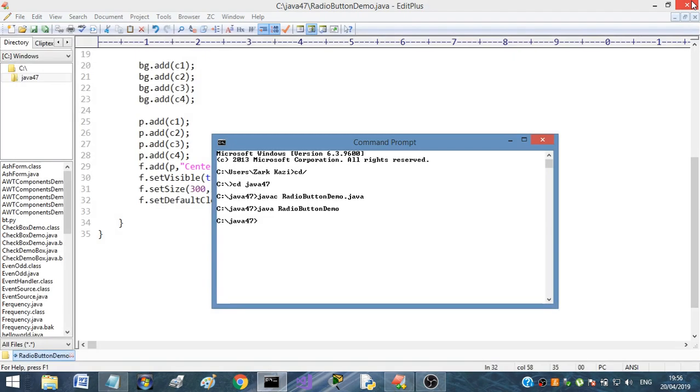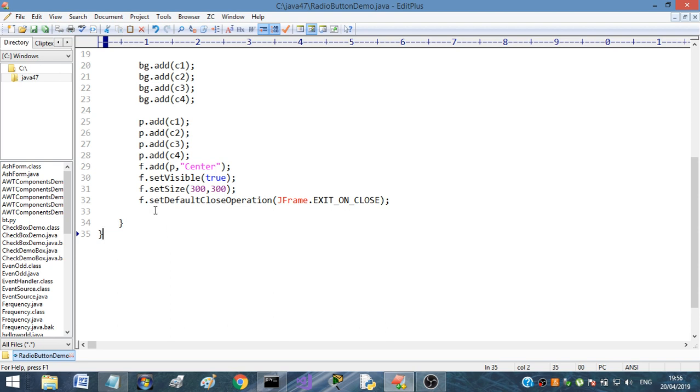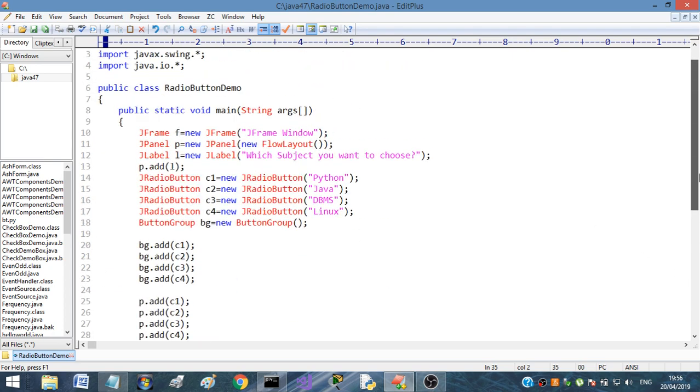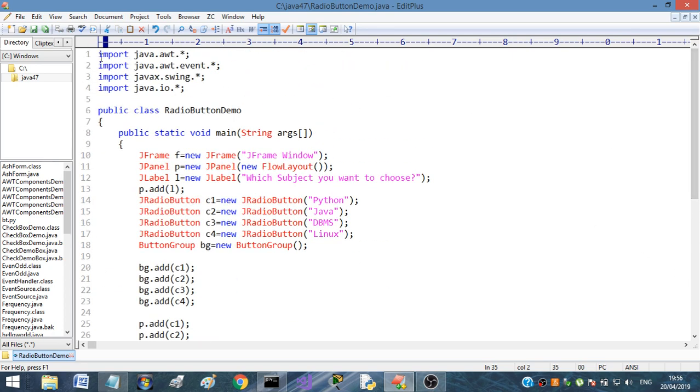And like this you can add check boxes, labels, text boxes, and with all this combined you can make a form, a page out of all this. I'll cross and see it closed because of this line, f.setDefaultCloseOperation(JFrame.EXIT_ON_CLOSE). So I'll just copy the whole code